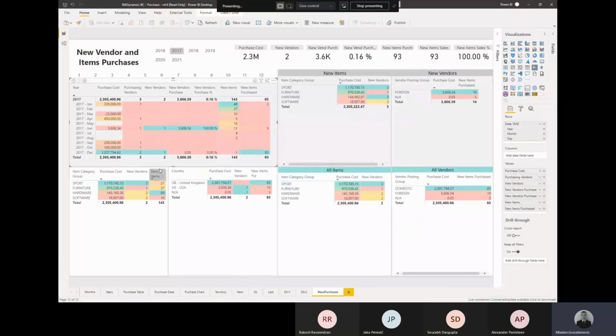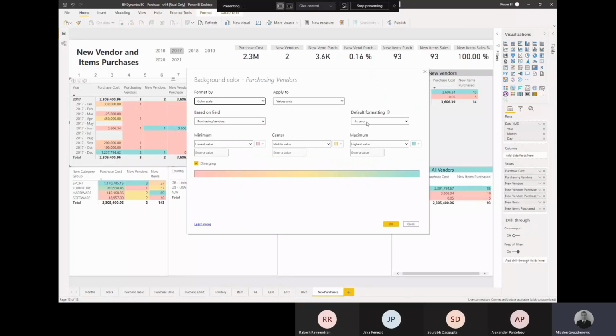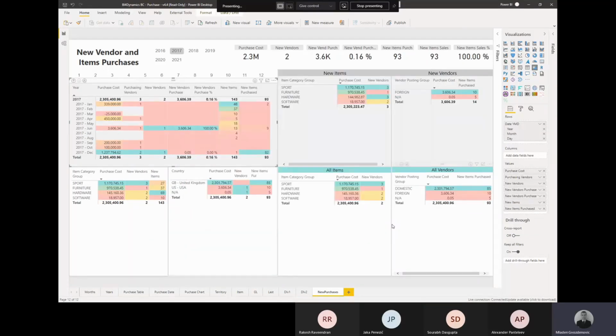If revenue is 0, we don't say it's wrong, right? So nothing happened here. And same here for vendors, because if there are no new vendors, we can survive with that. It's just blank, right? The right way to do it, blank. And everywhere the same here. So Alex, fix this in the report, because the changes that we'll do later, we will copy paste into